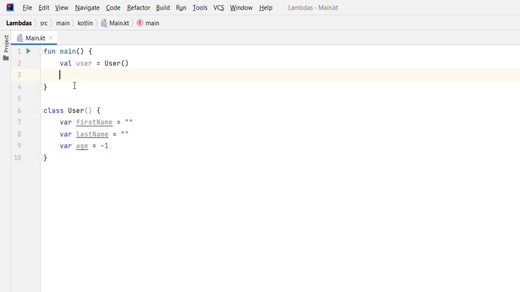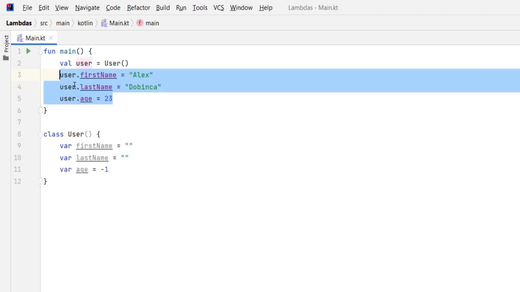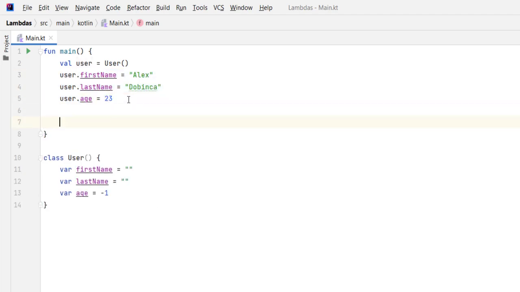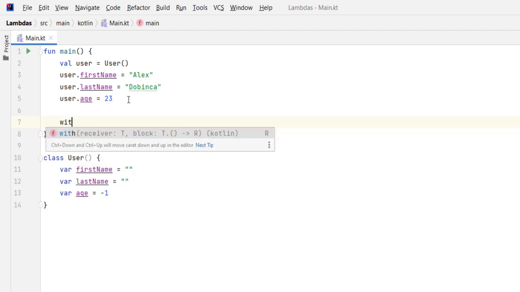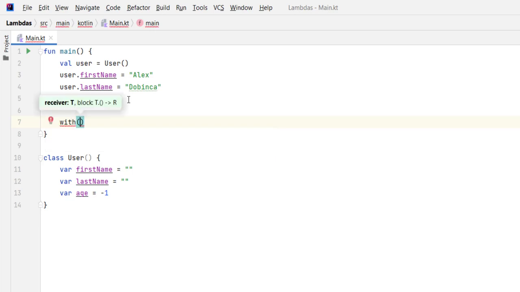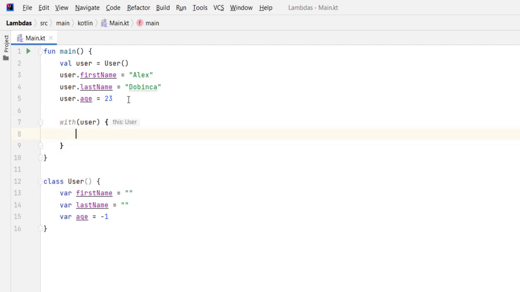So actually let's put that code back to see exactly. So if I type here with, and here we need to pass the object on which you want to operate. I'm gonna pass our user object, and the next parameter is the lambda function. So we put curly braces and press enter. Now, because scope functions are used to make our code more concise and readable, we can avoid typing user.firstName, user.lastName, and so on,